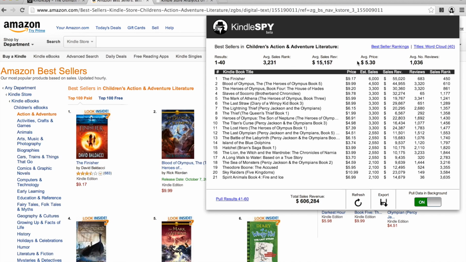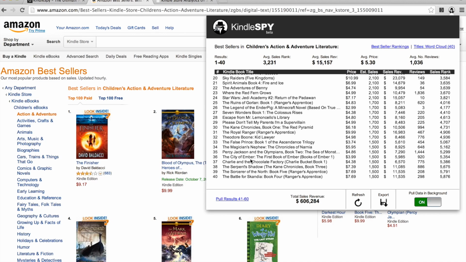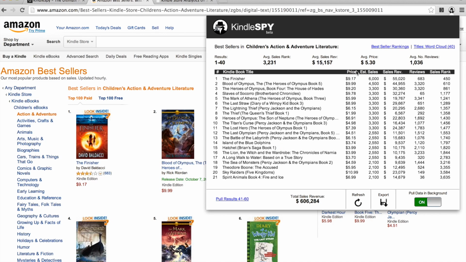We've got a couple of averages up here at the top. We've got sales rank, sales revenue, price, and number of reviews, and then we've got the pool that those are pulled from. This is number 1 through 40, and we see price, estimated sales, sales revenue, reviews, sales rank. This can be exported as a CSV file and pulled into Numbers or Excel or whatever your favorite spreadsheet is,